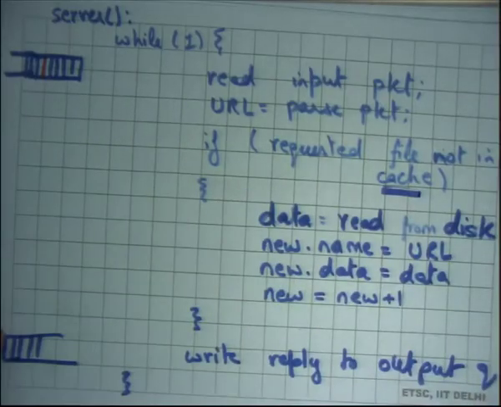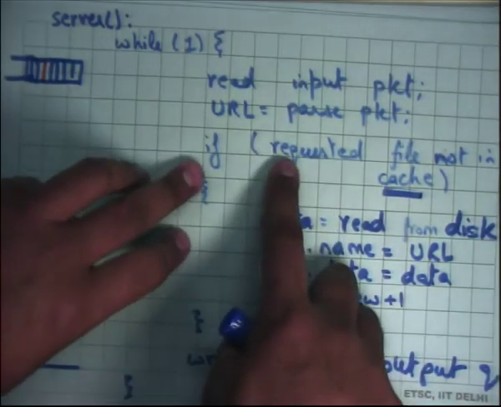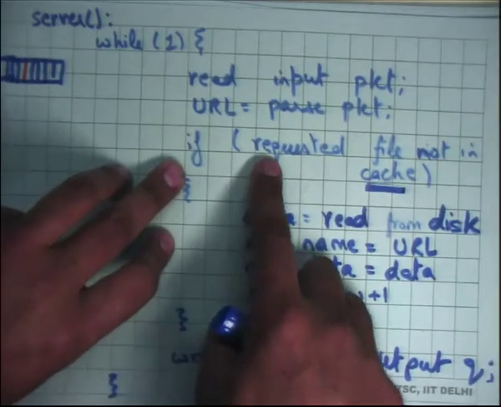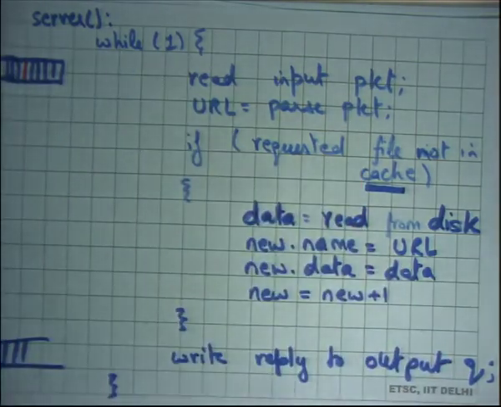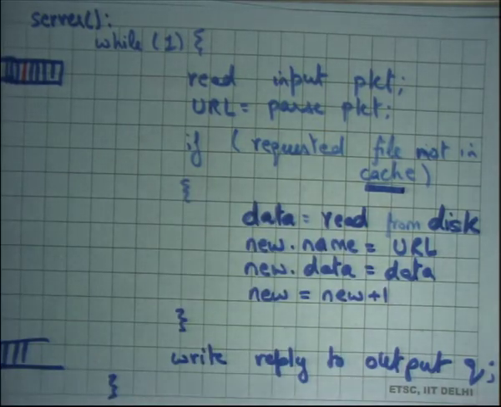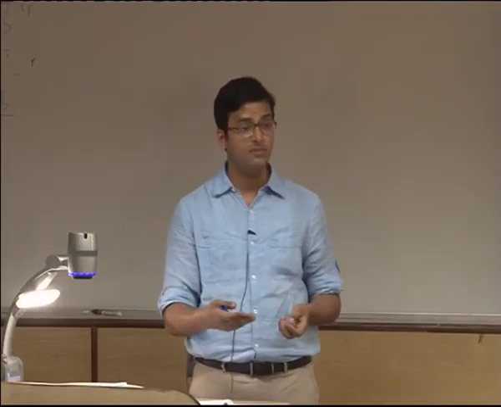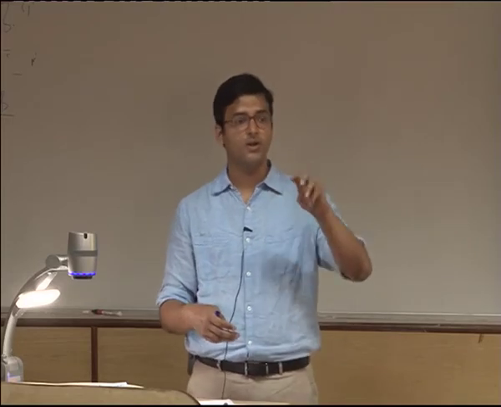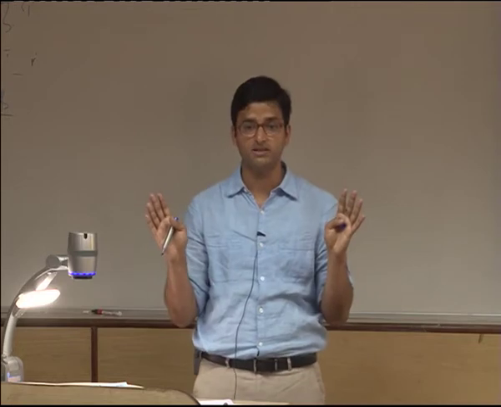Similarly, this cache itself is shared, and so for example, it can happen that one thread comes in and says, is the requested file not in cache? Both of them figure out that it's not in cache, and there are duplicate entries of the same file. Worse still, some schedules of this code can cause empty entries in the cache, or it can even happen that you have the URL of one page and the content of another page, right? All these are possibilities.